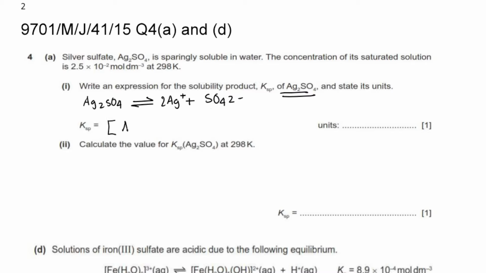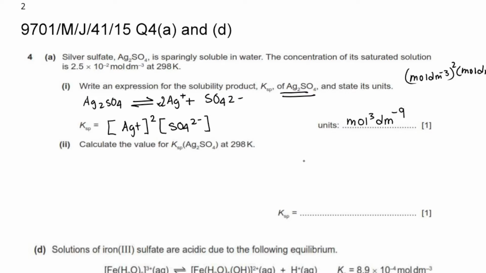So accordingly we write Ag plus squared because of the stoichiometric coefficient, right? Times SO4 2 minus, and as for the units, it will be mole per dm cube whole squared into mole per dm cube,